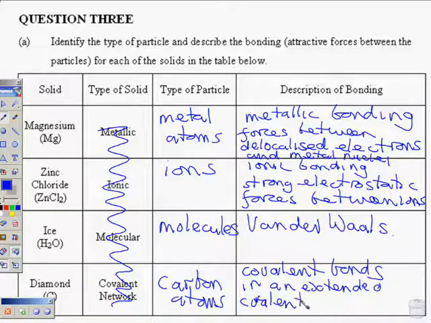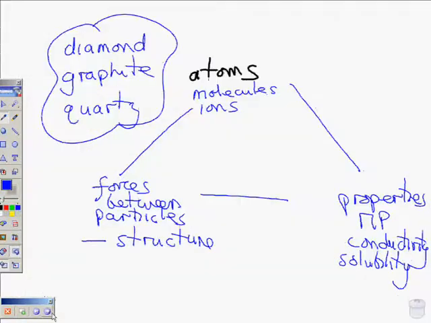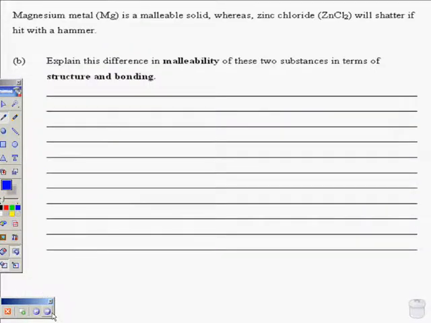My writing's horrific. Could you also say a lattice as well? Yeah, lattice is fine. We usually use lattice for ionic compounds. It's traditional. Anyway, moving swiftly along, get past that one. Now,